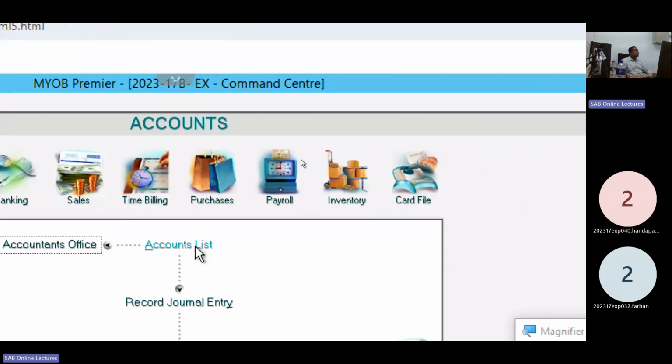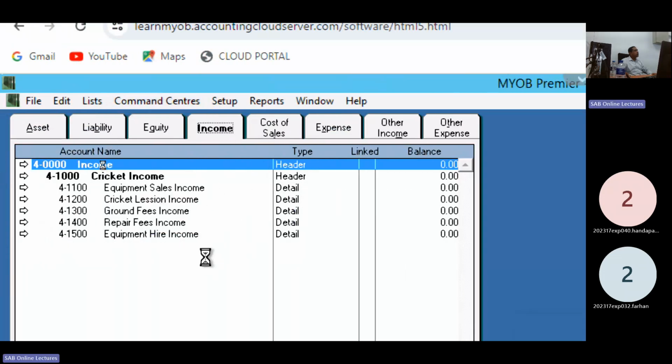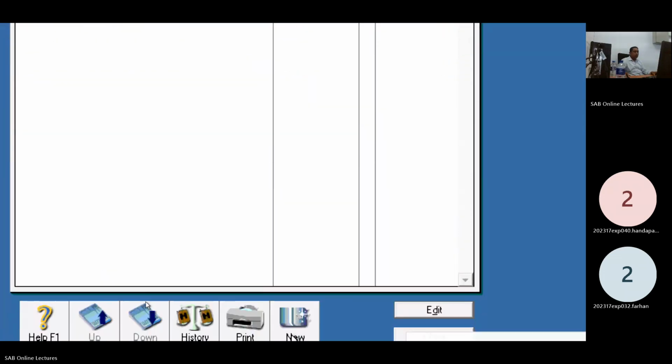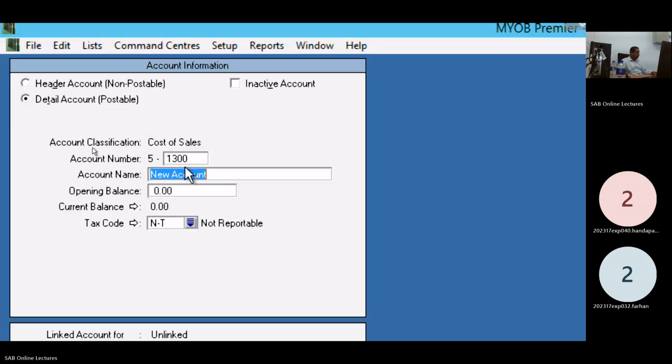Right. Click again, account list, income complete and cost of sales. In the last one, freight inwards, click on new, 1,300, freight inward.